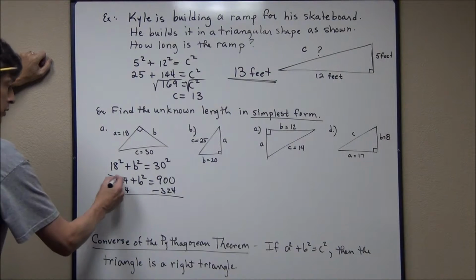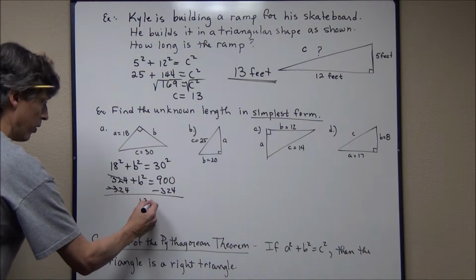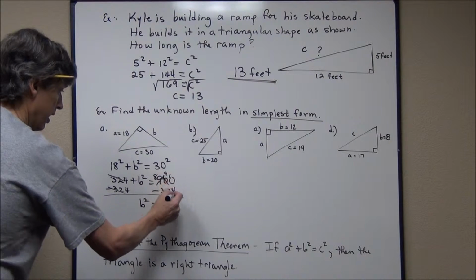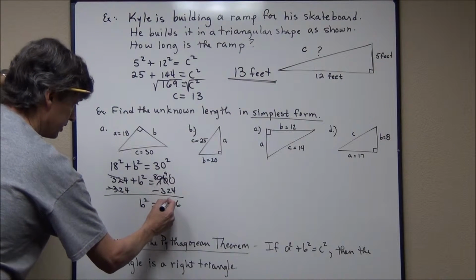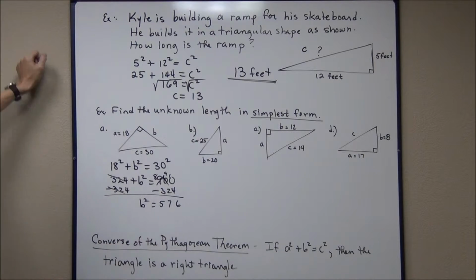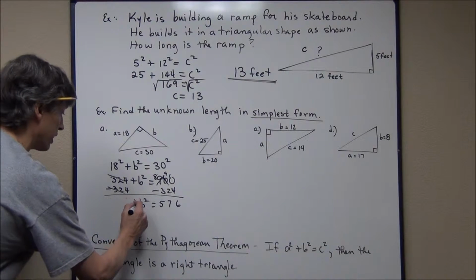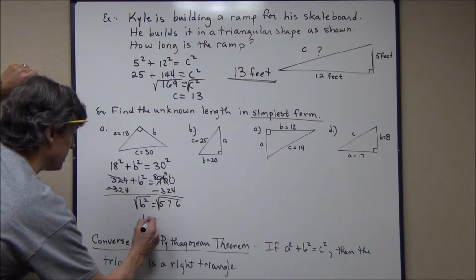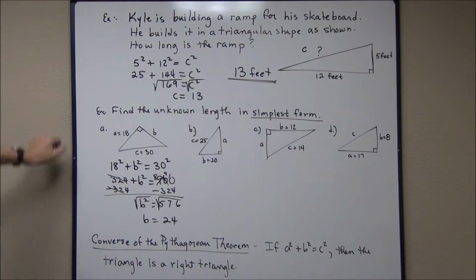Whatever you do to the left, you have to do to the right, and I get b squared is equal to, now I've got to be kind of careful here, 8, 9, and that's a 6, and that's a 7, and that's 576. Now as it turns out, you might not know this, but 576 is a perfect square. You would find that when you take the square root if you use a calculator, because it will come out to be a nice integral amount. So in this case, I get b is equal to 24, because 24 times 24 is